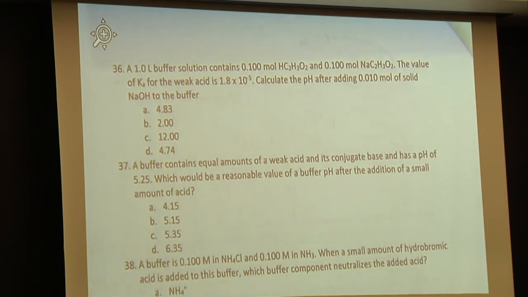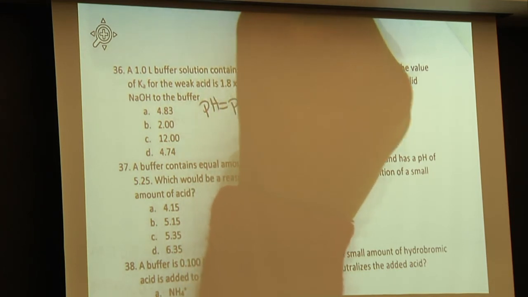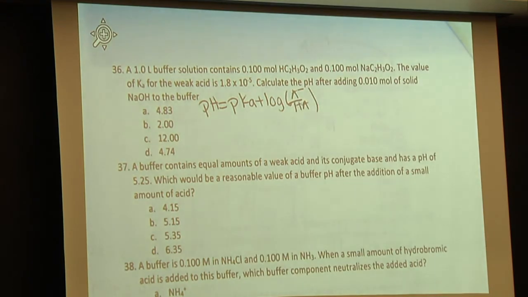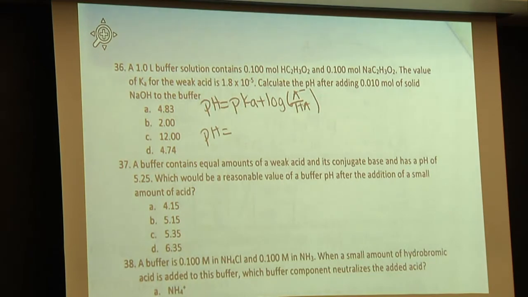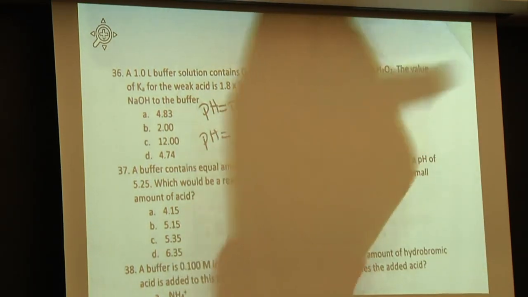All right, so a 1 liter buffer solution contains 0.1 molar of acetic acid and 0.1 molar of sodium acetate. And the value of Ka for the weak acid is this. We want to calculate the pH after adding 0.01 mole of solid NaOH to the buffer. So what's the Henderson-Hasselbalch equation? You have pH equals pKa plus log of A minus over HA. So A minus would be the conjugate, right? pKa is the negative log of the Ka. So in this case, the pKa would be